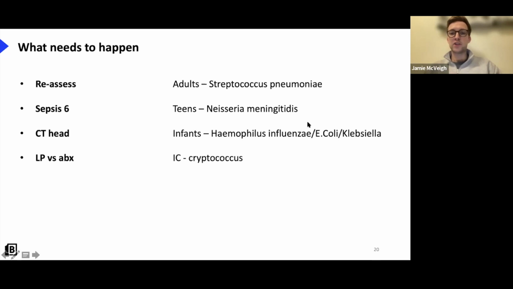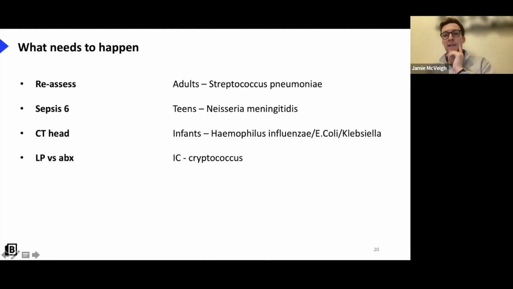And on the right there, I've just put the main organisms that cause meningitis. So the top 3 are bacterial meningitis. In adults, it tends to be Streptococcus pneumoniae. In teens, it tends to be Neisseria meningitidis, which is what would cause a meningococcal rash. And in infants, you often get Haemophilus influenzae following a sort of mild respiratory illness,